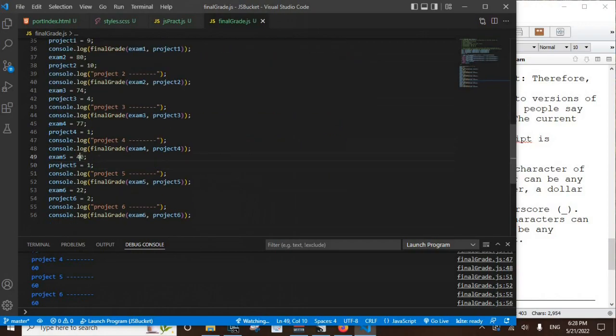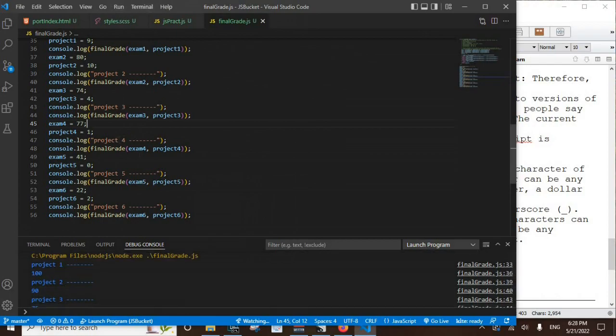Let's say that you have, well, let's go with an edge case. Let's say that this guy is bare minimum. For 41 and 0 projects, exam 5, when I run this again, project, I said project for all of these. It should be like student, but regardless,